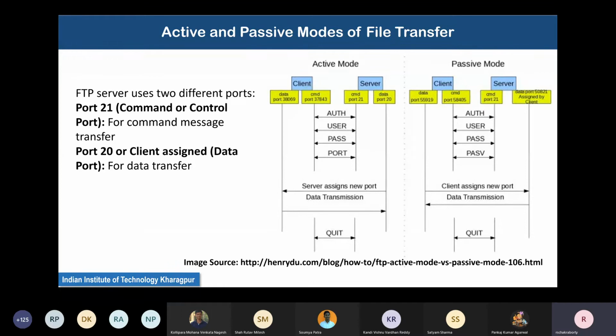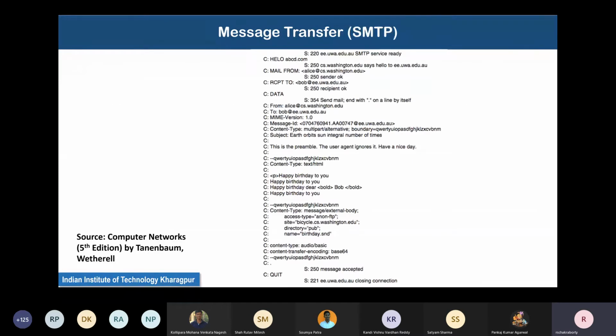Okay, so we will come to TCP. So one thing I'd like to tell you is, let me go back to this thing. If you see from the server, certain response messages were coming.